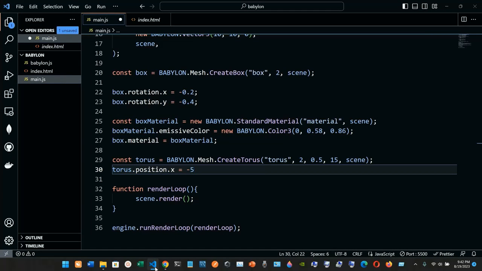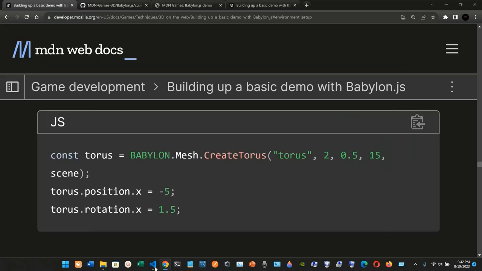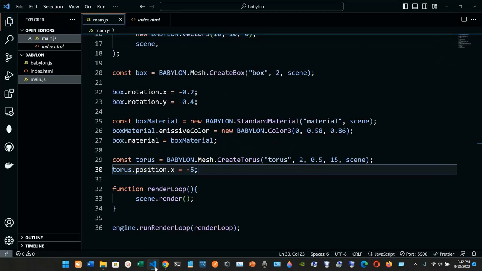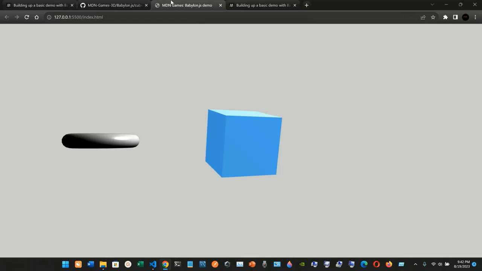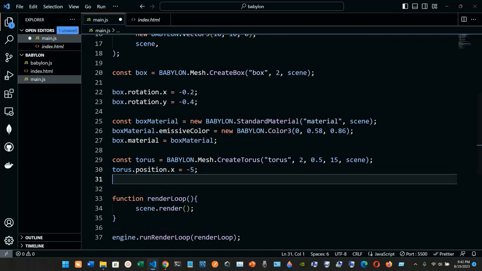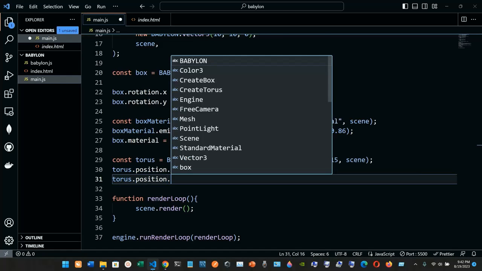-5, like that, semicolon at the end. So it's gonna be torus.position.x set to -5. We can save it, and let's check it out. And as you can see, it's looking something like this. That's fine. Now we're gonna have again torus.position, and this time it's gonna be y,